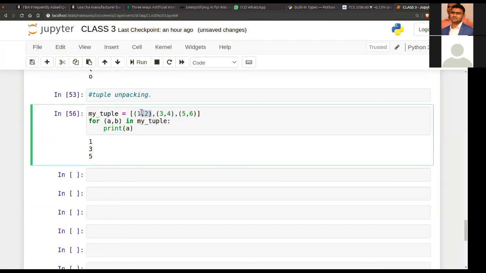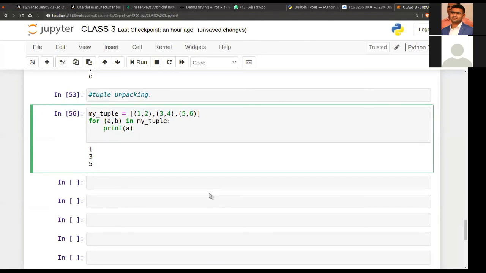Whatever the position might be, we have to do it for every index. Suppose we don't have a uniform tuple, and here you might be having 3. In that case, it won't follow this tuple unpacking. It will give you the first 2 values, then for the third you can't do that, right?